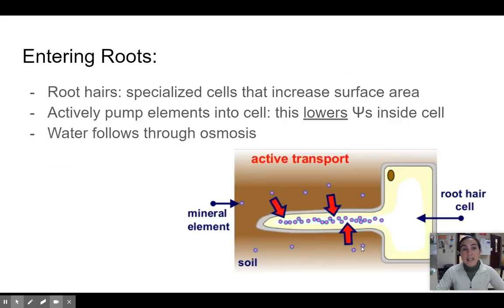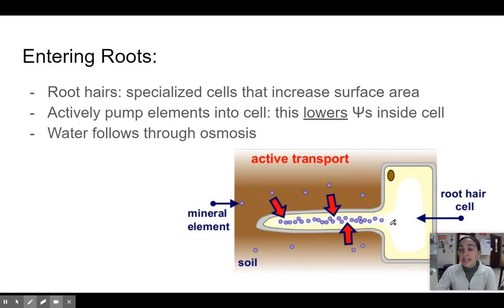Living things need to be able to, this one first. Plants kind of take advantage of this fact to help get water into their cells. So root hair cells are kind of shaped like this. They're specialized. They have these little extensions to help them absorb more nutrients and water. They use active transport to pump minerals in. And so by increasing the solute concentration in here,